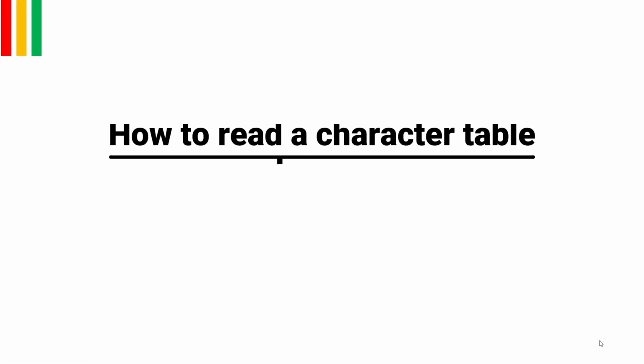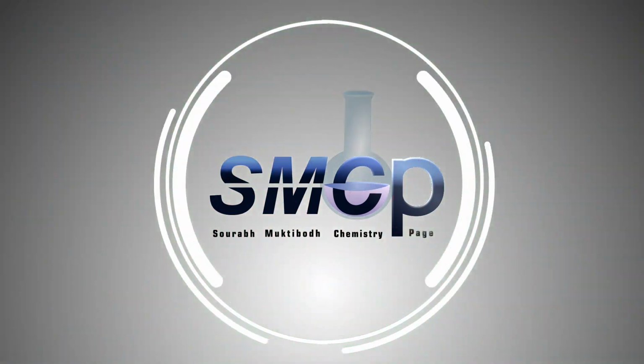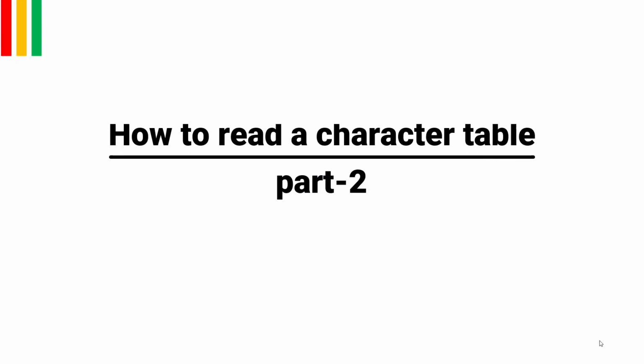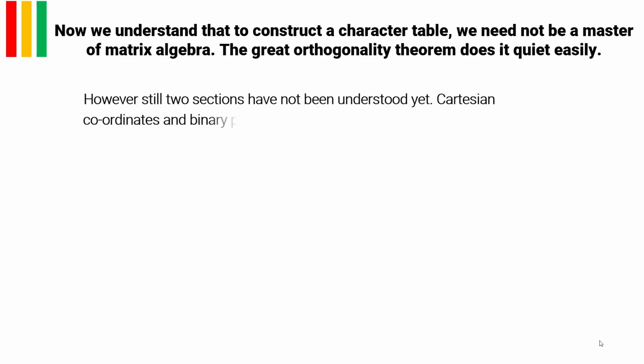Hello and welcome to part 2, how to read the character table. In part 1, we understood the concept of the great orthogonality theorem, the various labels of irreducible representations and so on. Now, after that part where we decided the characters for various systems,